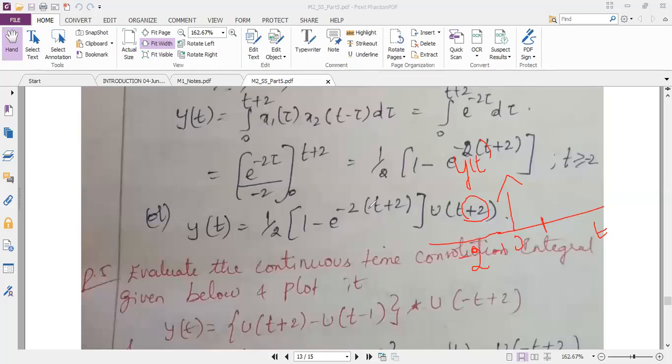So accordingly, you have to substitute the values here. So minus 2, if you substitute, minus 2 plus 2 becomes 0. So 1 minus 1 is 0. So at minus 2, the amplitude is 0. If I substitute minus 1 here, I may get some answer. So accordingly, I have to plot the graph. I don't know how the graph will come, so you have to plot it. You can leave some space for completing the graph. I hope you can follow how to complete it. So we will move on to the next problem.